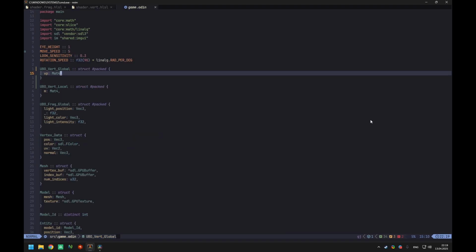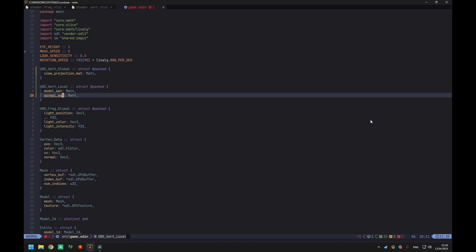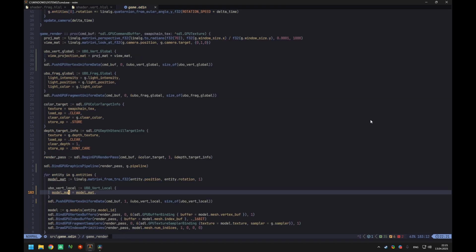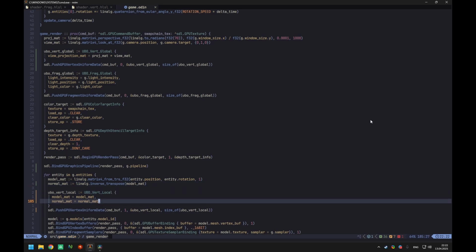Now let's go to our UBO structures on the Odin side and apply the similar renaming, and add the normal matrix to the local UBO. Now adapt our game render code for the new names. And now we need to calculate the normal matrix for the entity. And as I said, it's just an inverse transpose of the model matrix, and there's a handy function in the linalg to calculate exactly that. Just like this. Now add this to the structure, run the game,